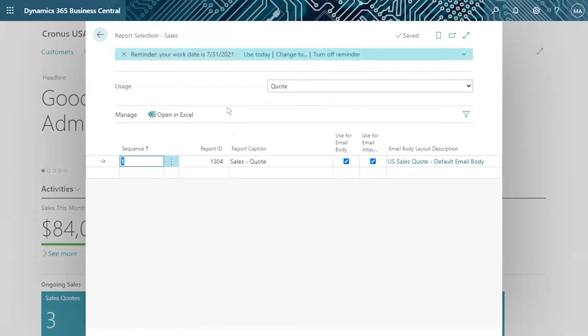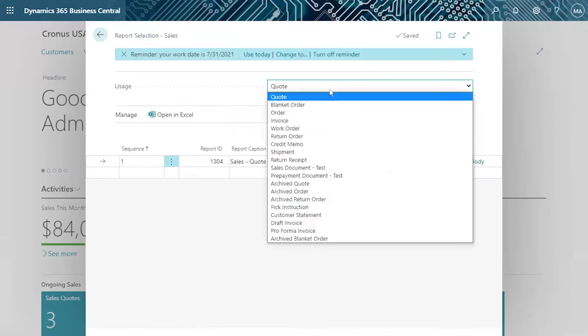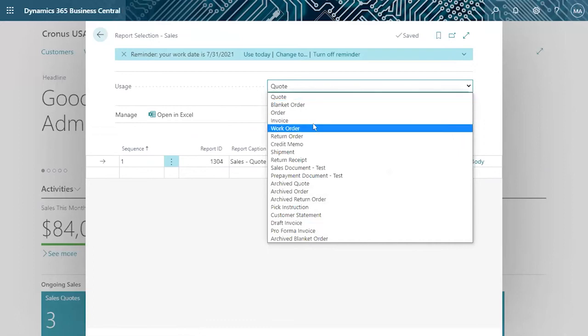Okay, what happens inside every module for every report we create? First of all, in the report selection window for sales, we have all the types of documents that are currently functional without customization in the actual sales module. So we have the quote, the blanket order, and so on. In my case, I even have work orders because at this point you might be working with